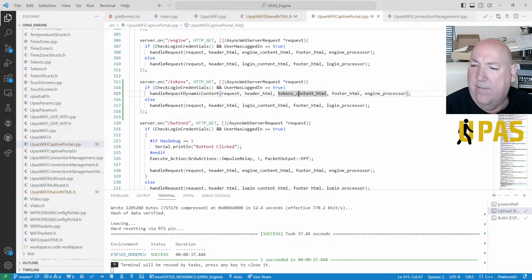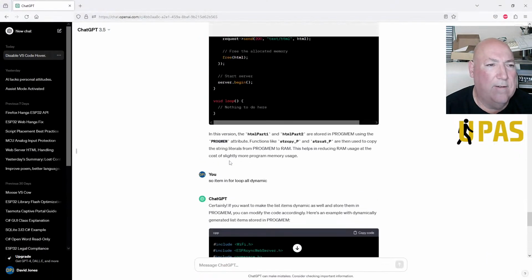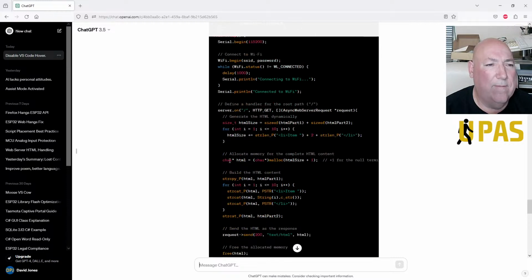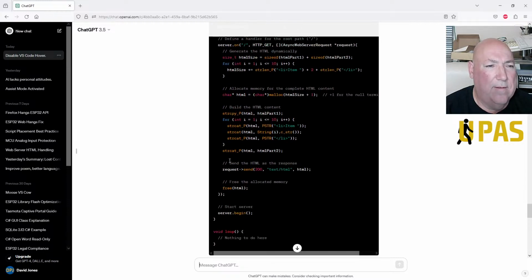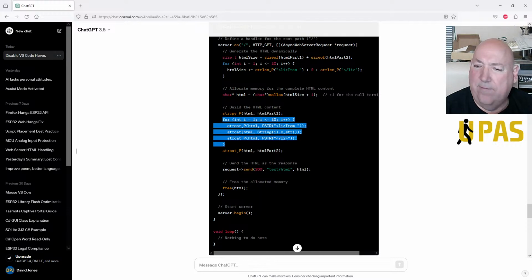Right, so I need to go back to ChatGPT and forget that code and go back to this previous one. And we need to do a for next loop and create this item string, so we've got the headers and footer, that's fine. And we just need this bit here. We need that bit there. Right, okay, we'll try that.